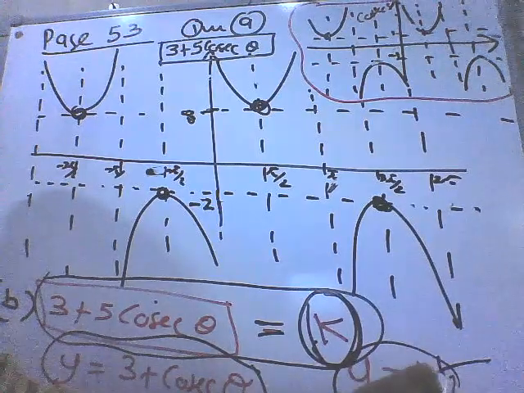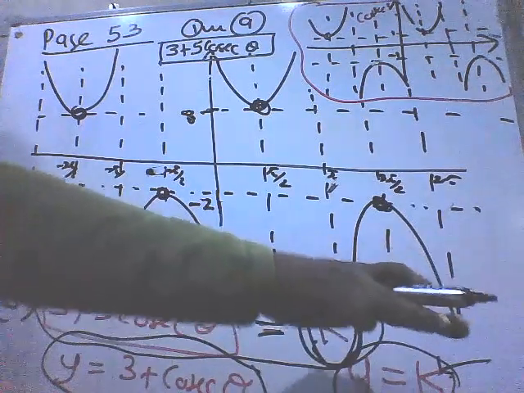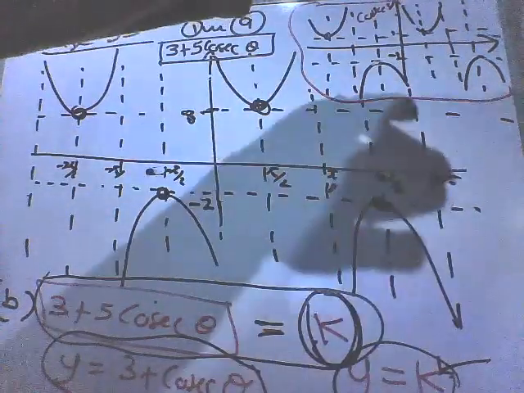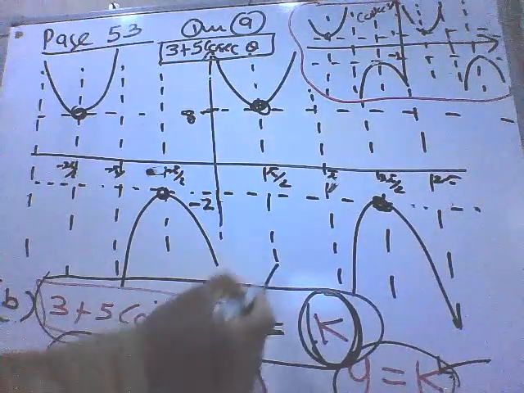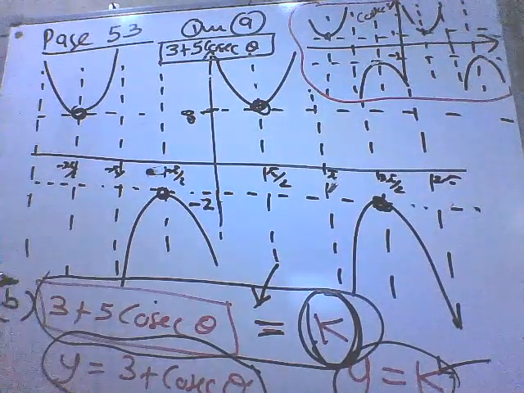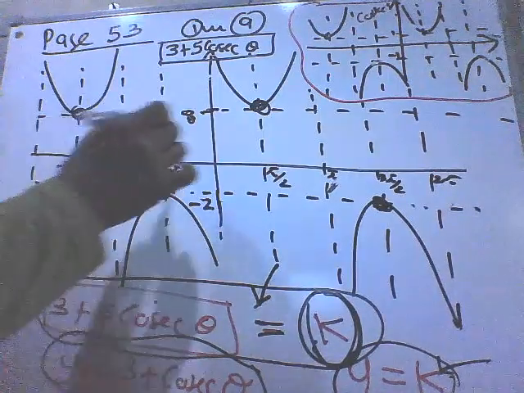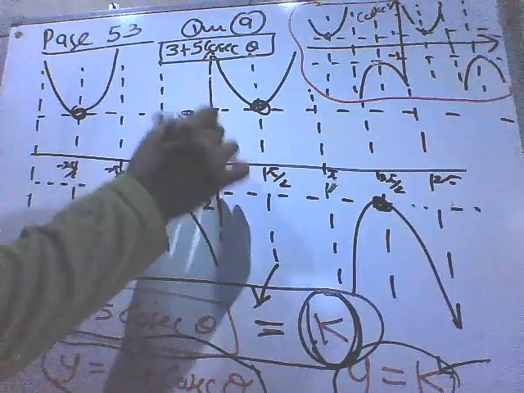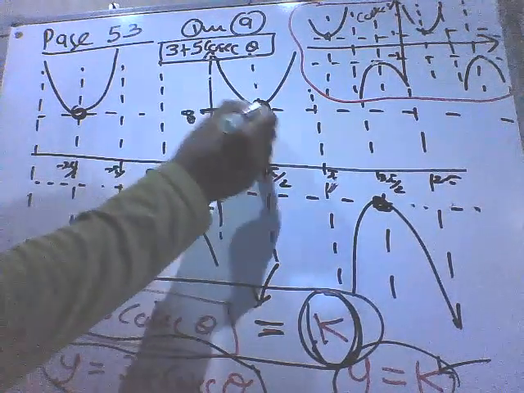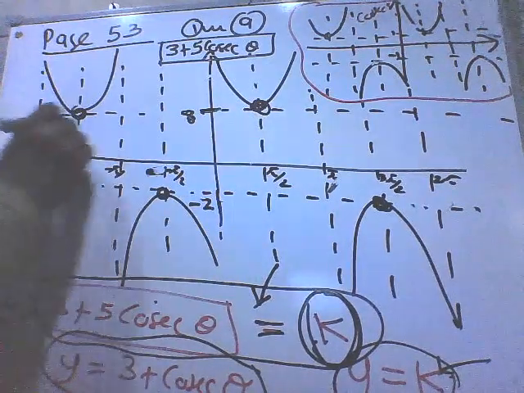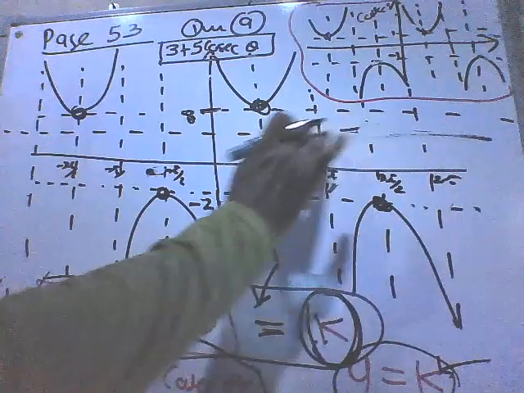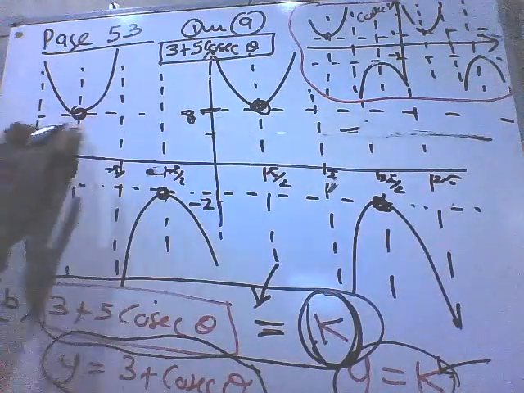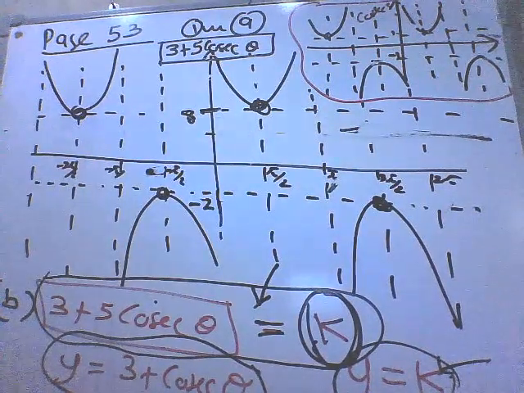So k is a constant, so y equals k is always a horizontal line. So what are the k values which will make this have no solution? The k value should be less than 8. Even if you take 8, it will touch. If you take this line y equals k, we will draw a dotted red line, right? If you take a dotted red line,